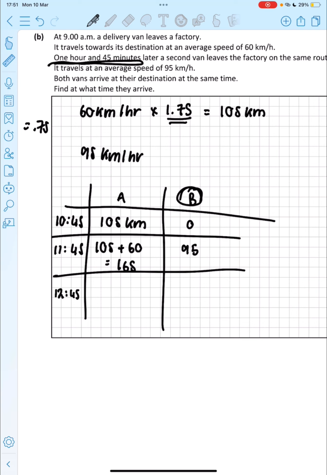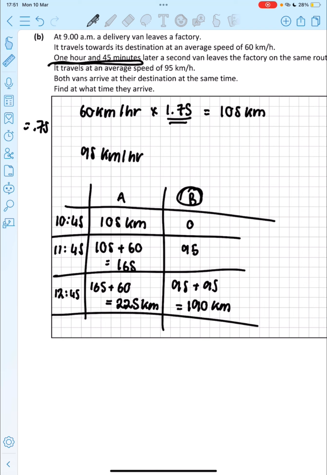Another hour goes by. This guy is going to have gone another 60 kilometers. So he has gone 225 kilometers now. And this guy will have gone another 95. So he is currently at 190 kilometers. They're still not matching. We'll go another hour. So 1 hour later, we have 225 plus 60. He's traveled 285 kilometers. We have 190